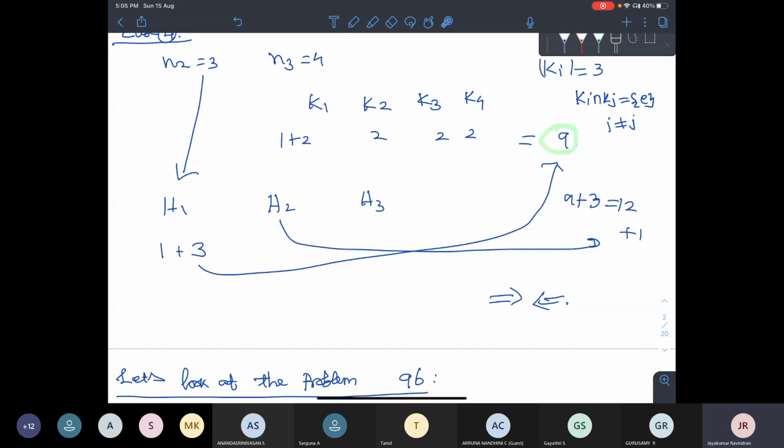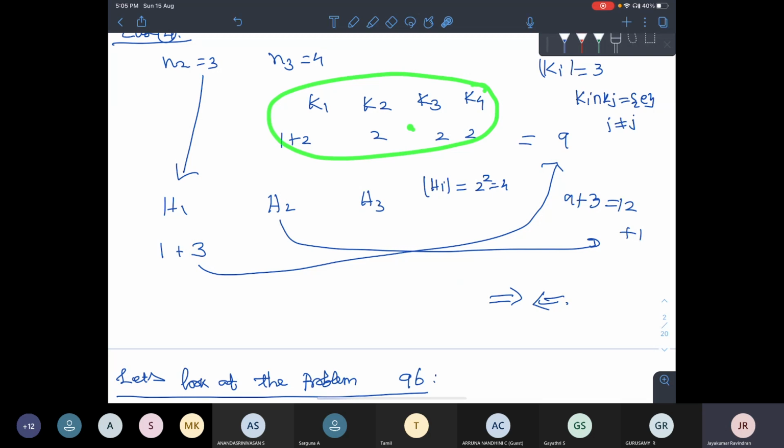Now we have to use this. There are H1, H2, H3, there are 3 Sylow 2-subgroups. And this Sylow subgroup's order is not just 2, it's 2 square, it's 4. So from here, what happens? We have 1 and 3. The 1 is already counted, so 3 will come and contribute something. So already I have 9, then I have 3. And why is that not overcounting? Because everything here is an order 3 element, but everything there is an order 2 or 4 element, a power of 2. So that's why we have 9 plus 3. It's actually 1 plus 8 plus 3.